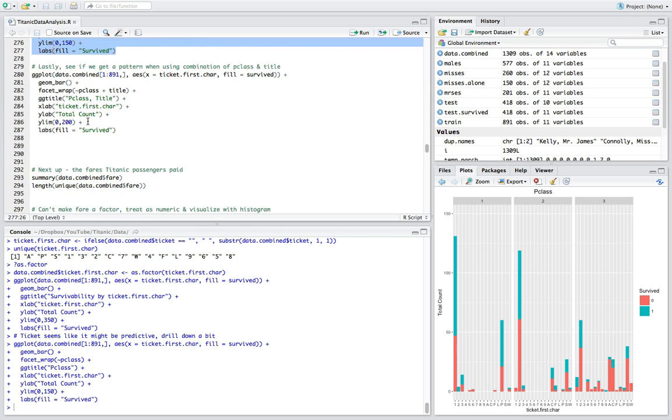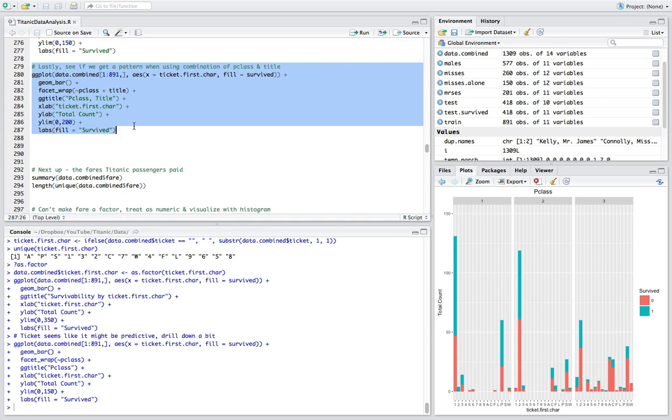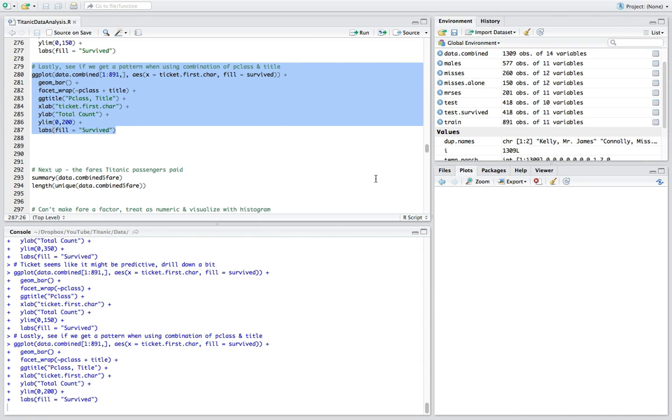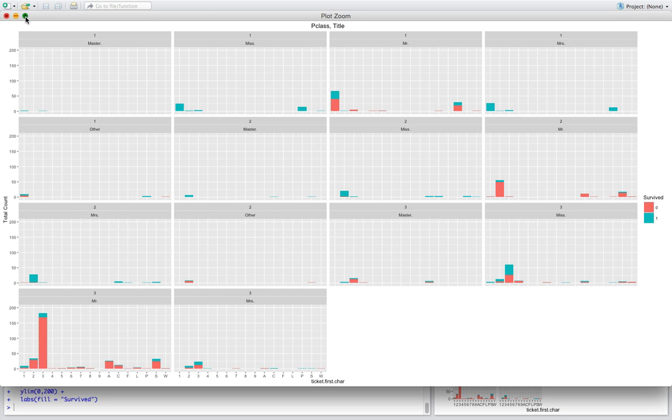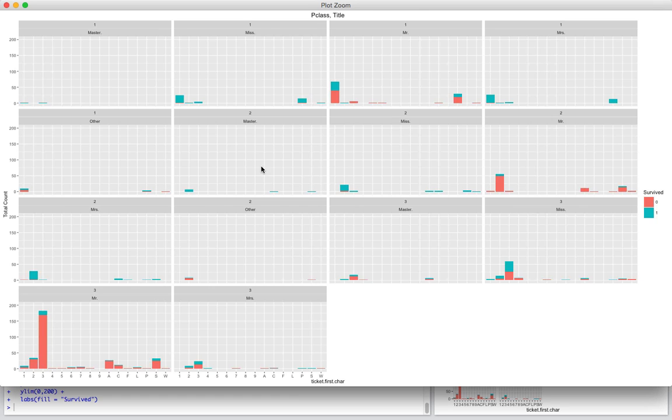So what I'm going to do is take advantage of what we've done to date, where we saw that the most predictive variables that we've seen so far are the combination of P class and title. So let's take that pivot here. Okay, and it takes a second to run, and we'll go ahead and zoom in, and I'll just full screen that. Okay. Now this one's a little harder to read, but I think it's also a little more